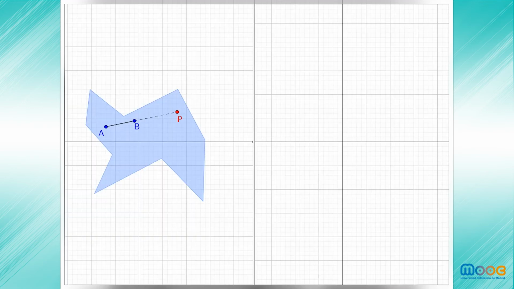On the left of the screen, we see a polygon and three points on the polygon which are collinear, the points A, B, and P. That means P is an affine combination of points A and B, with coefficients alpha and beta. P is alpha times A plus beta times B, with alpha negative and beta positive. We make a copy of this polygon and its points, and we get this polygon here on the right of the screen. Now, the transformation T is the identity. The point TA is A, the point TB is B, and the point TP is P.